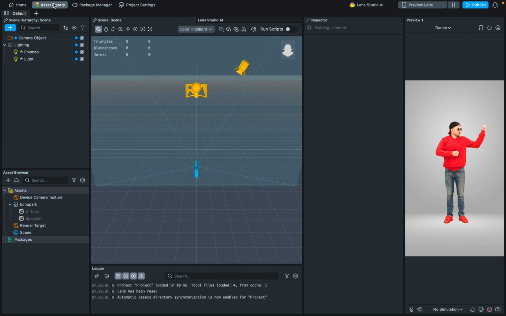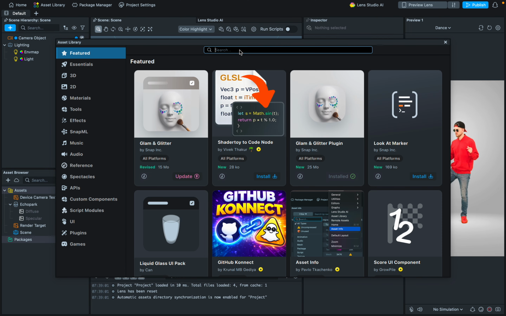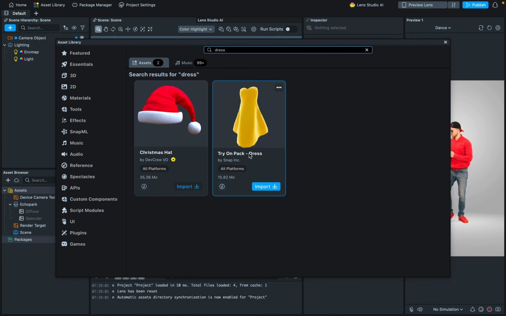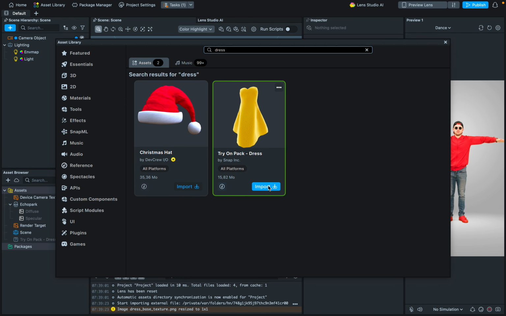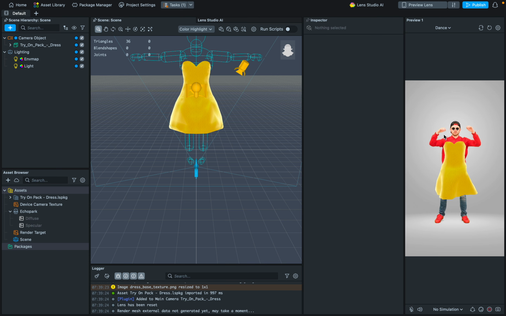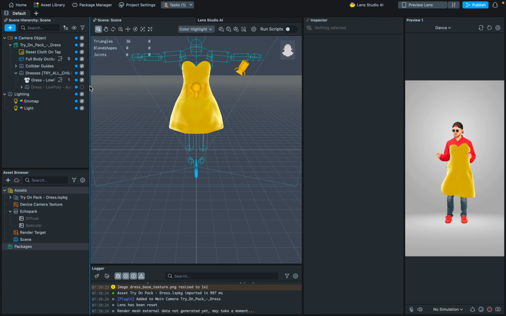So on the upper part of the screen, pick asset library and here search for a dress. This is our template. Import. Just click only once, you will see it will be imported into your project. Close this. You already see the dress on the simulator. So here in your project you have your template, dresses,